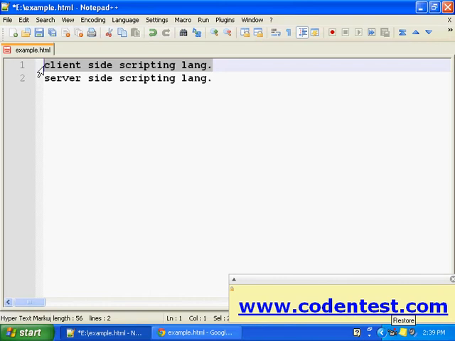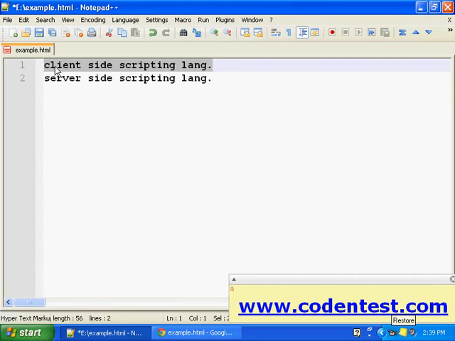For example, when a user requests a program coded in a client-side scripting language, the server will send it to the browser, the program is executed by the browser and the result is displayed to the user.